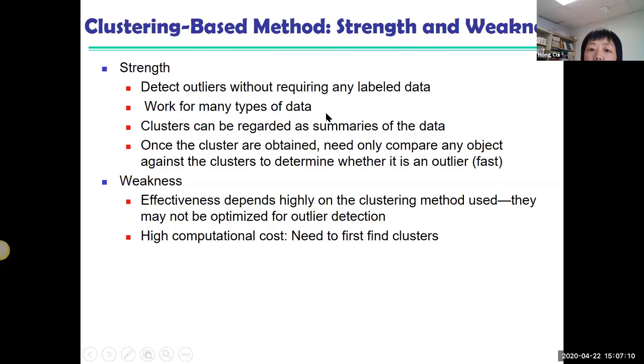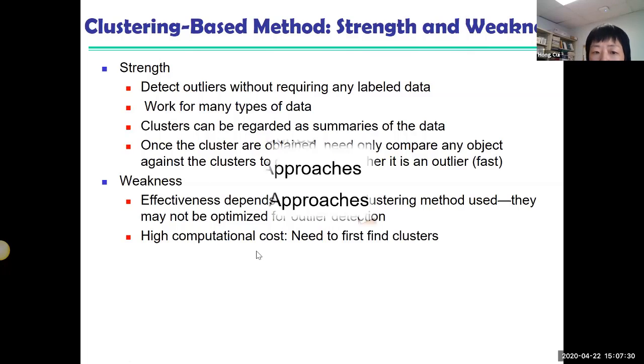I think we kind of all mentioned this. Cluster-based methods have strengths and weaknesses, computational cost, and there is a very low learning curve. There are very low data requirements for you to use clustering methods. However, the effectiveness and a high computational